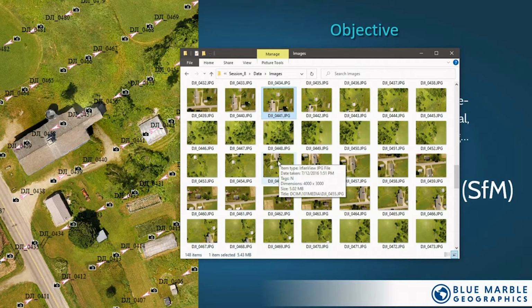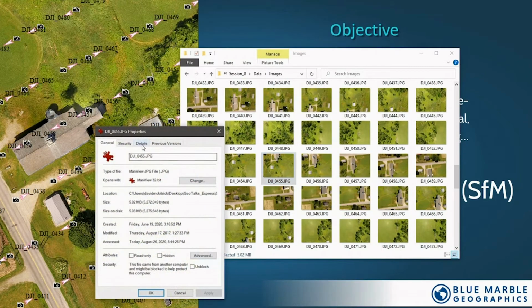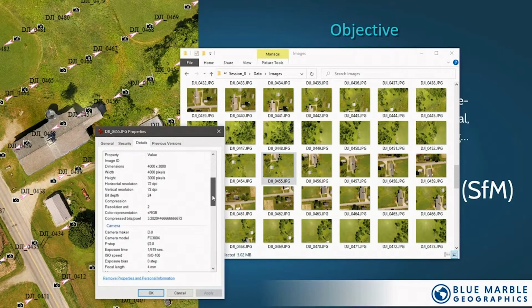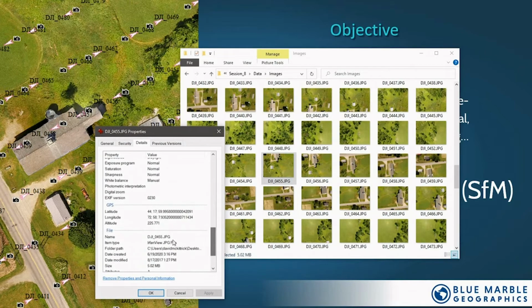The other thing that's important about the image is if I go to the properties of that image, I'm just going to right-click and go to my properties in Windows and specifically go into the details. If we scroll all the way down through all of this information about that particular photograph, you will notice here that it has GPS information. This is what this technology is based on. We know the location that the drone was, where it was when this image was taken. And with that knowledge,